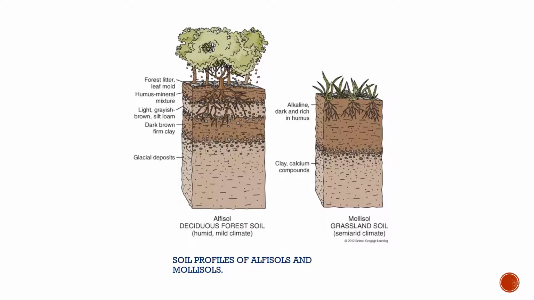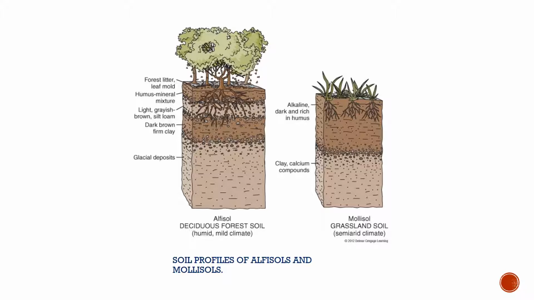So here are two different orders. I talked to you about the mollisol, which is on the right-hand side, and then the alfisol is on the left-hand side. So we find alfisols in more of a humid climate, not really extreme from season to season. And then a mollisol is like a grassland climate that we have in the United States. So very semi-arid. It's not humid all the time, but it is humid sometimes. So you can definitely tell the differences there between the two.